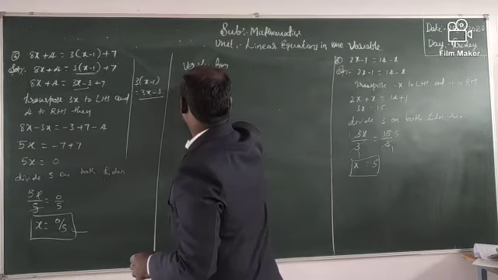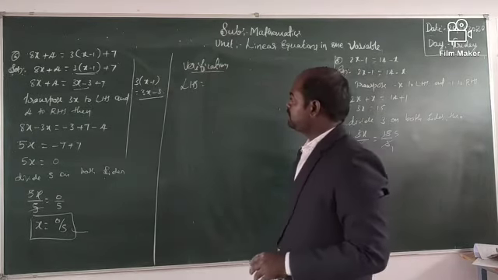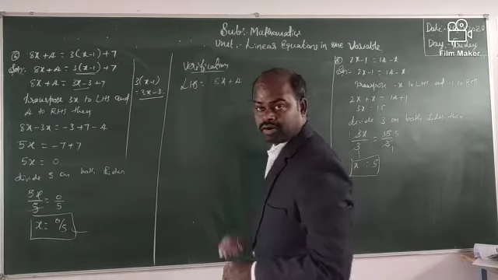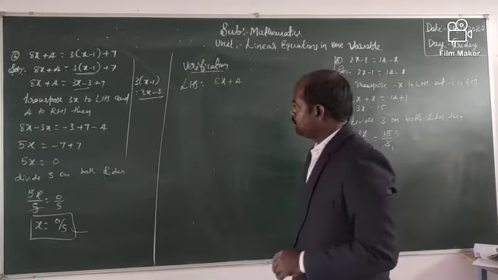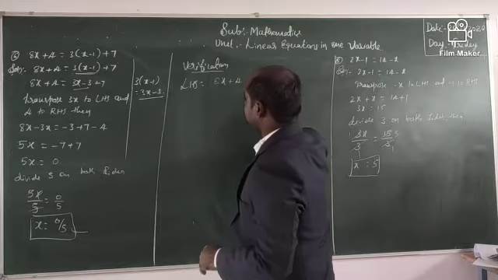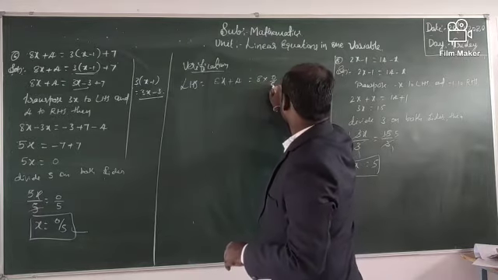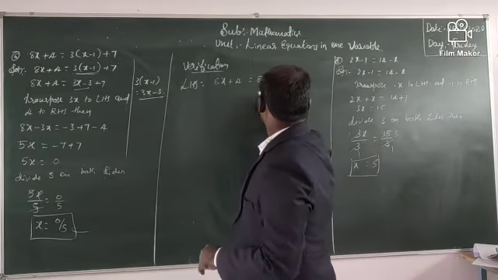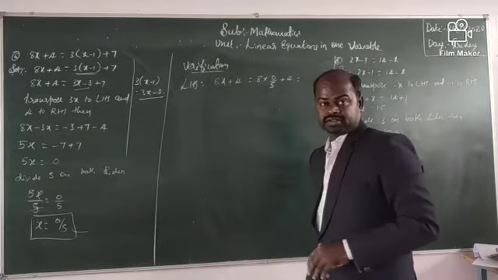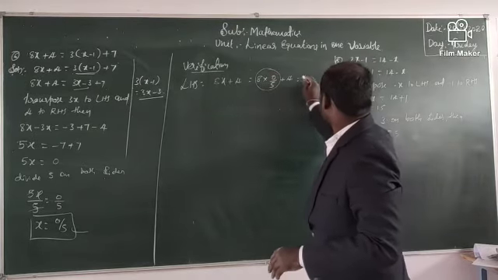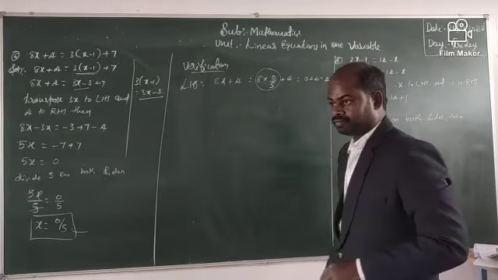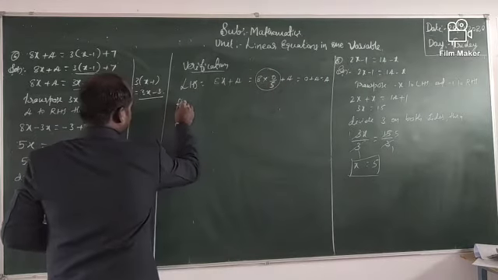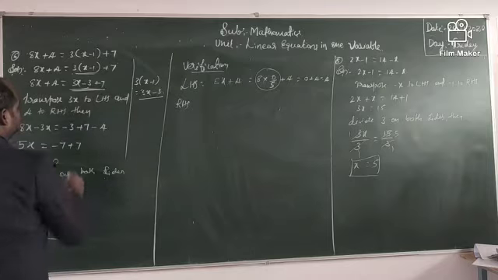First one, LHS. What is the LHS in the given problem? Yes, 8x plus 4. Okay, here what is the value of x? It is equal to 8 into 0 by 5 plus 4. Okay, next, here we know that 8 into 0 is 0, this whole term will become 0 plus 4 equal to 4.